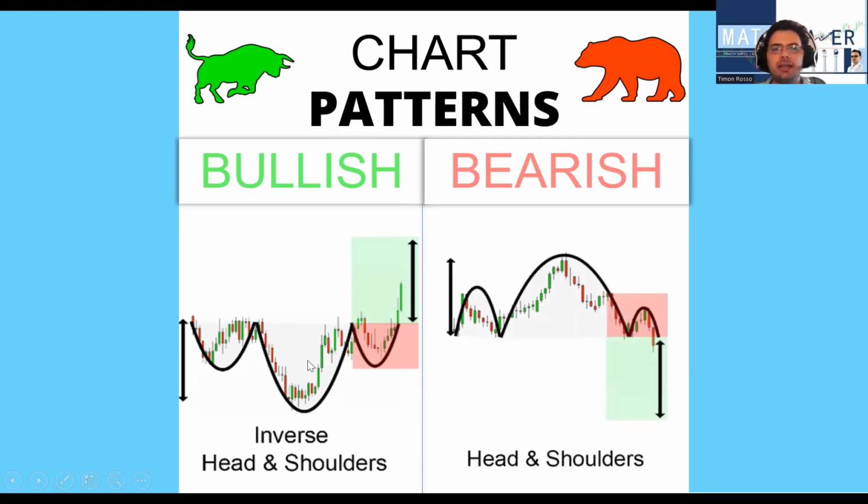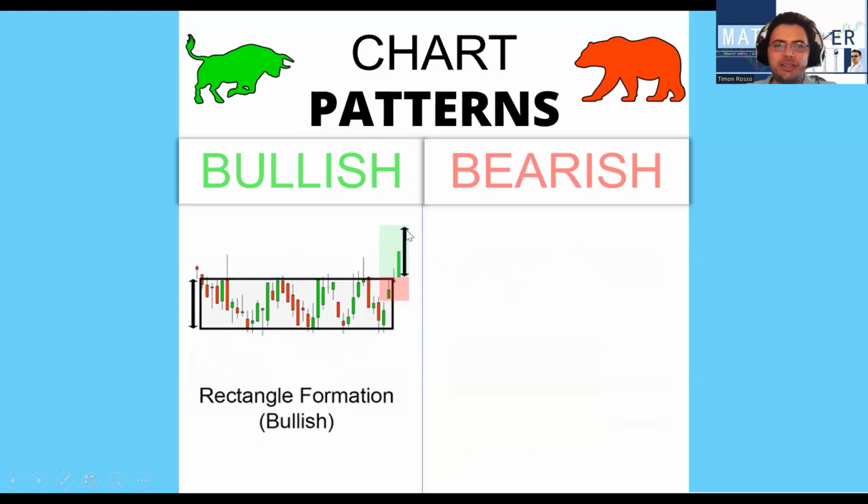The opposite of an inverse head and shoulders is a head and shoulders, where it forms a rounding top, a bigger rounding top, and a smaller rounding top again. So the left shoulder, the head, and the right shoulder. The price breaks below the neckline, you hold it, you set your stop loss above the top of the right shoulder. You set the take profit at about 2 times more than what you're willing to risk at around this level, and Bob's your uncle.